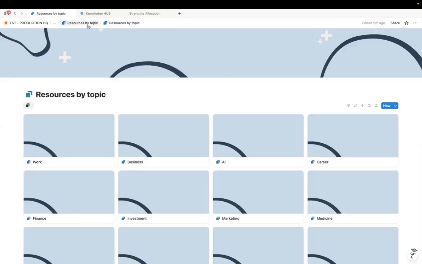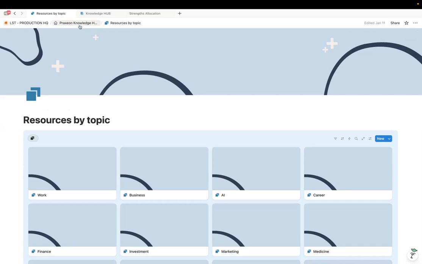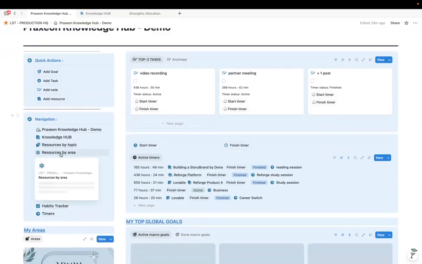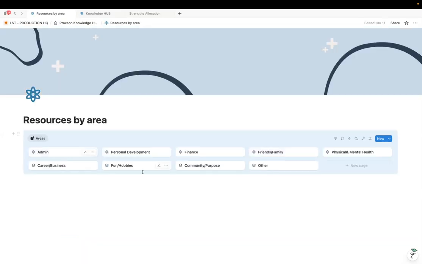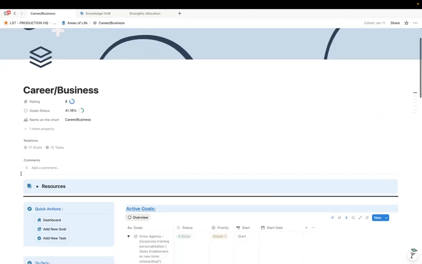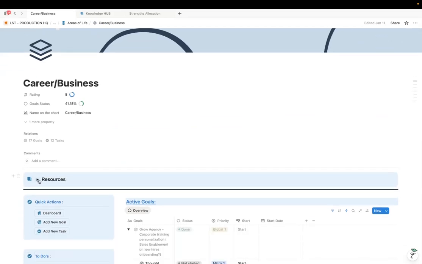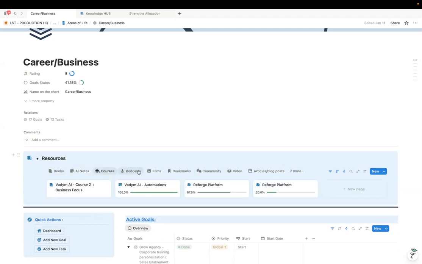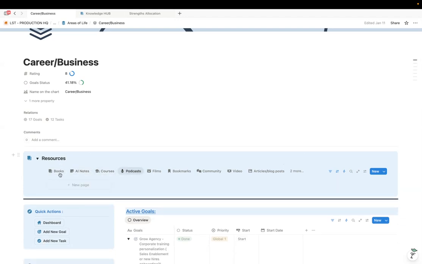If we go back now to the resources by topics and to our main homepage, you'll see that I have also added a separate workspace called resources by area. Those resources are added here by area of your life. So let's say if you click on career business area of your life, you will see a toggle bar called resources. And this is exactly the place where you'll see all the resources that are related to your area of